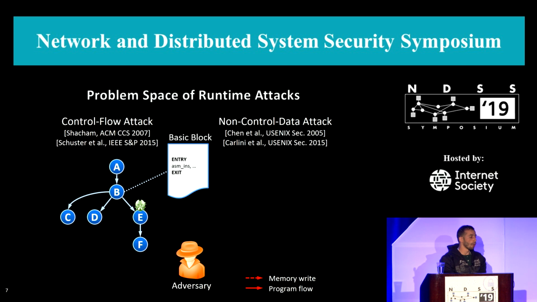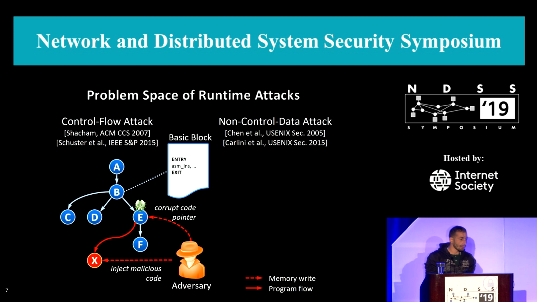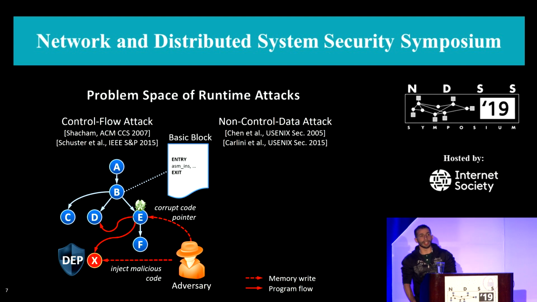may exploit a bug or a vulnerability in a program to change a control flow event or a control flow variable, like an address of a jump or a return address for a function, to jump to his injected code. However, this is usually prevented by data execution prevention. Or the adversary can jump to a different part of the code, and this is a code reuse attack. A prominent example of a code reuse attack is the return-oriented programming attack.